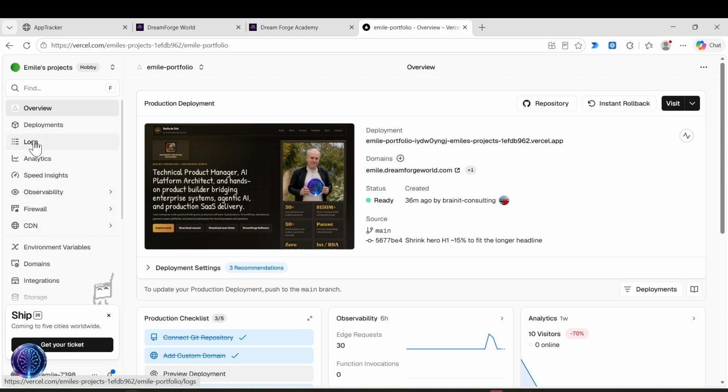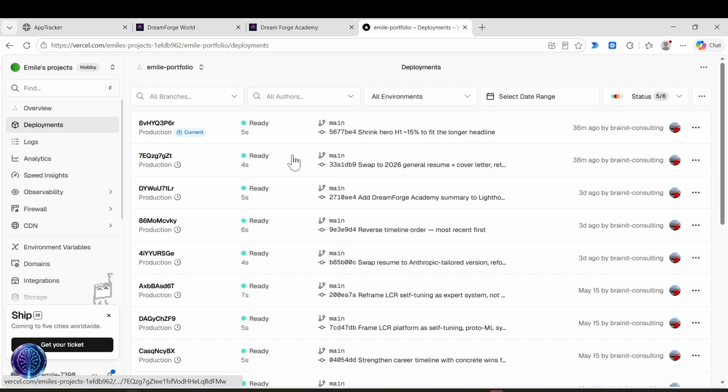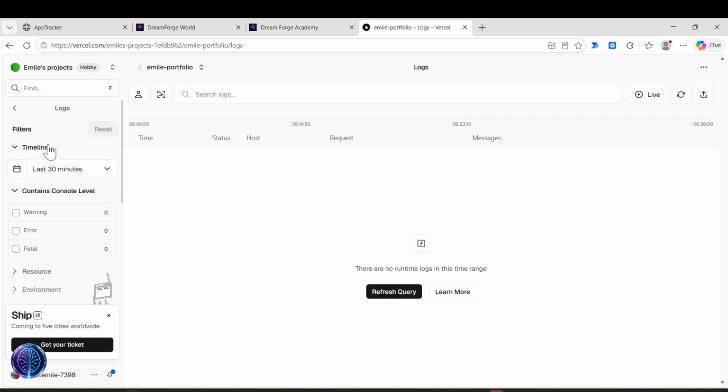You can check your logs here, by the way. Your deployments of all your products and projects will be shown here. As you can see, green buttons indicate that it was okay, no errors. You should look at the logs in case you do have errors, and any logs that might appear will appear here, and then use the copy button to give to your agent.